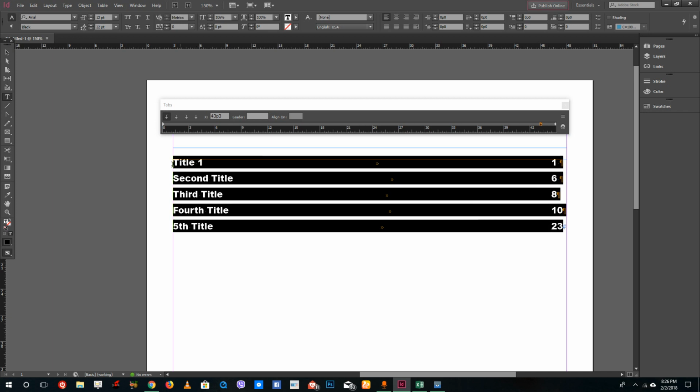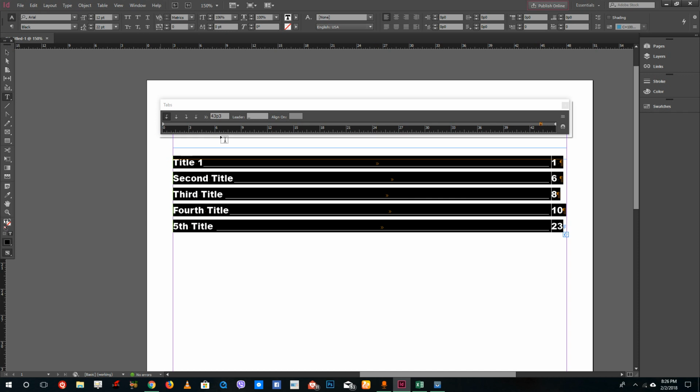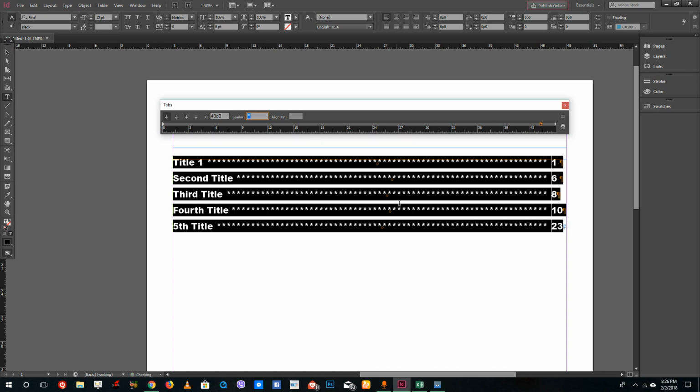So I'm going to select it out, and over here I want to add in a leader. So let's say, for example, I can add in an underline dash right here, and press enter, and you can see that this actually appears right here. So you can add in any character you want actually. So let's say, for example, if I want to add in a star or something like that, I can also do that, and you can see that that actually applies it. You can add any characters